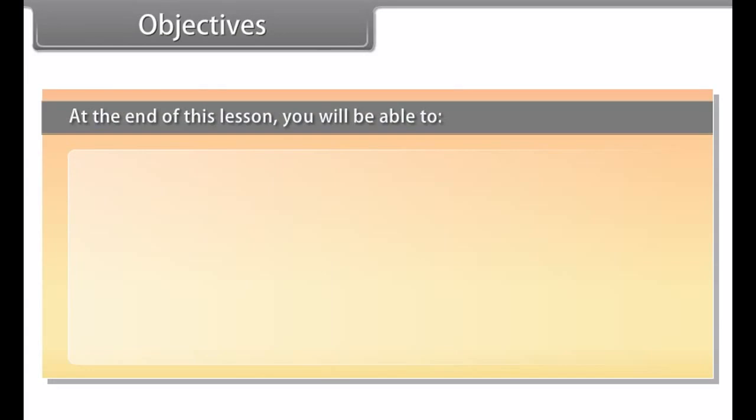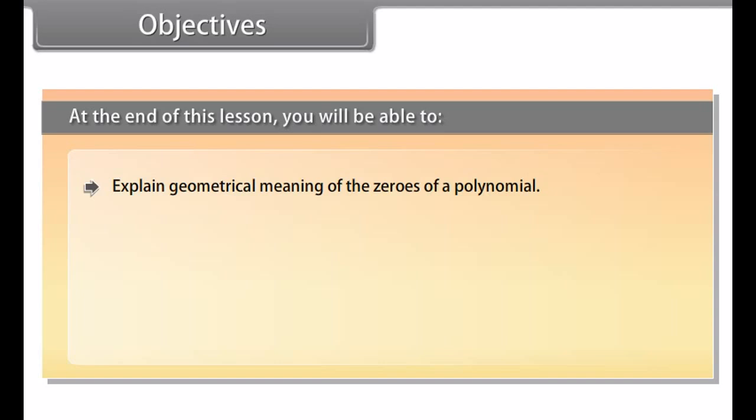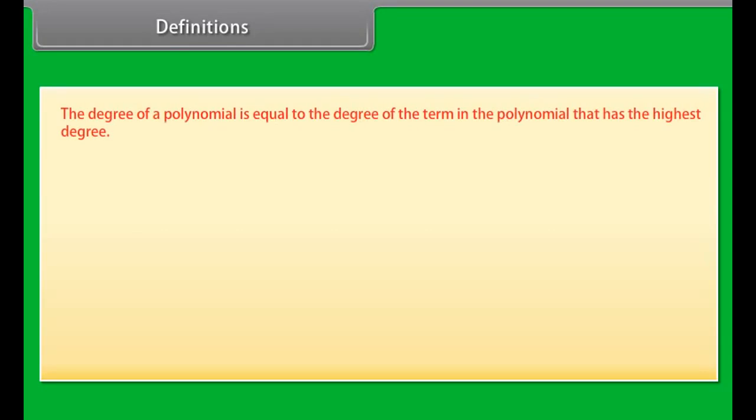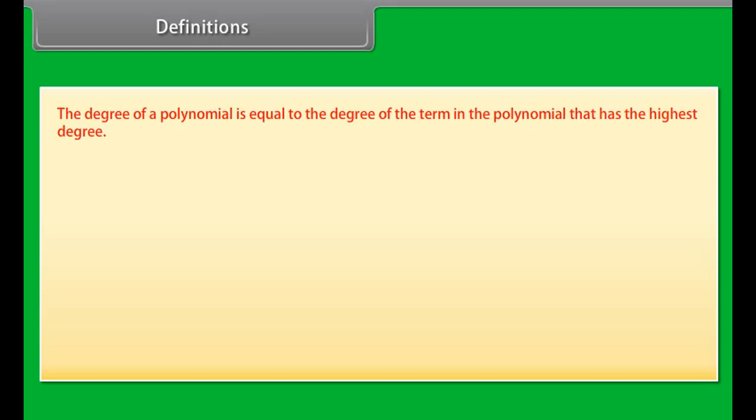Objectives. At the end of this lesson you'll be able to explain the geometrical meaning of the zeros of a polynomial, explain three types of zeros of polynomials, learn the relationship between zeros and coefficients of a polynomial, and explain the division algorithm for polynomials. Definitions. The degree of a polynomial is equal to the degree of the term in the polynomial that has